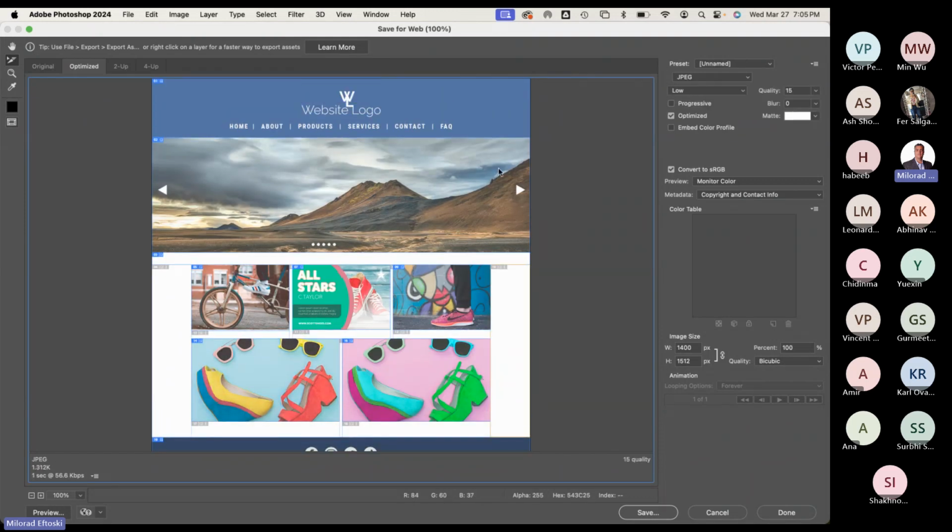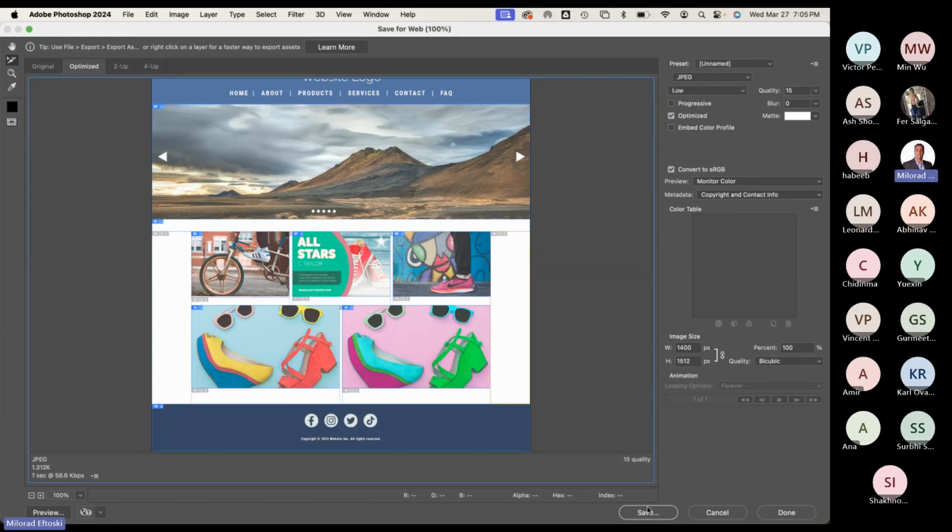Very good. You don't have to select anything. Just hit save. If you still want to, you can go here and optimize each and every slice, because all these little guys are slices, right? So when you hit save,